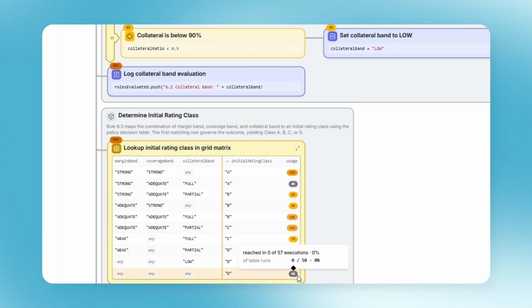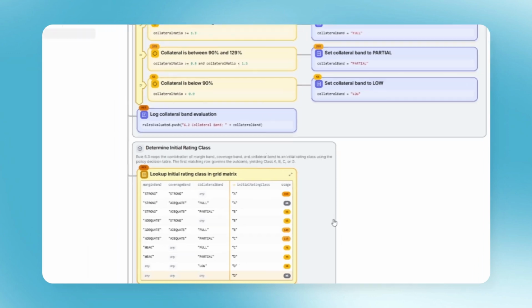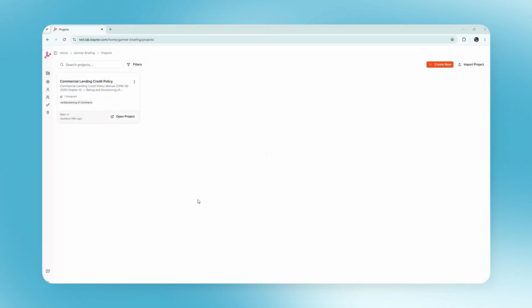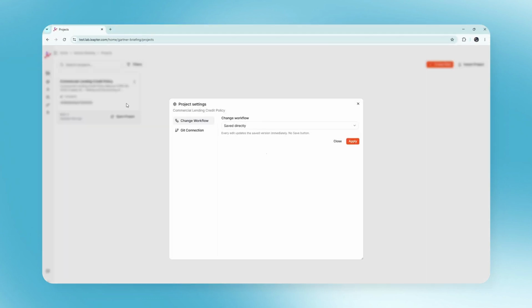That becomes a policy conversation, and you can't have that conversation when your rules are buried in code. Features are the easy part. What determines whether logic like this reaches production is governance, and that's where our approach differs from a classical rule engine. Because a blueprint is text underneath, change can be governed in two ways: